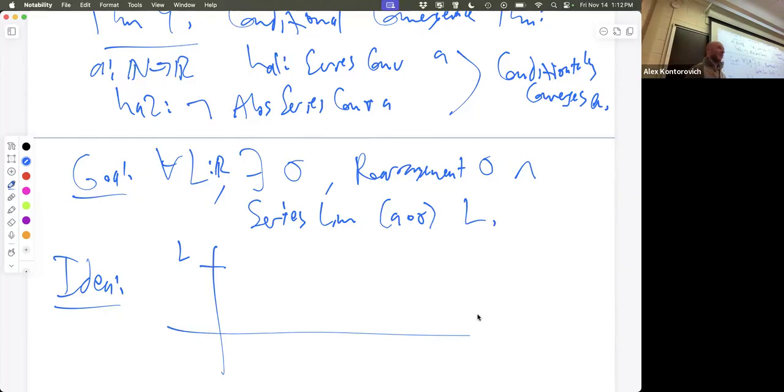That's the whole idea. The whole idea is two things. The series converges tells us that the terms go to 0. So the terms themselves, the A n's, go to 0.